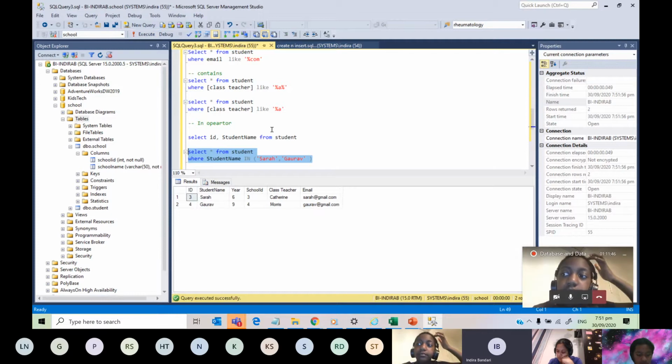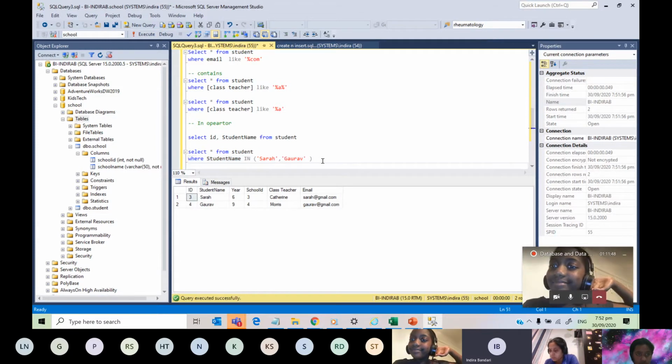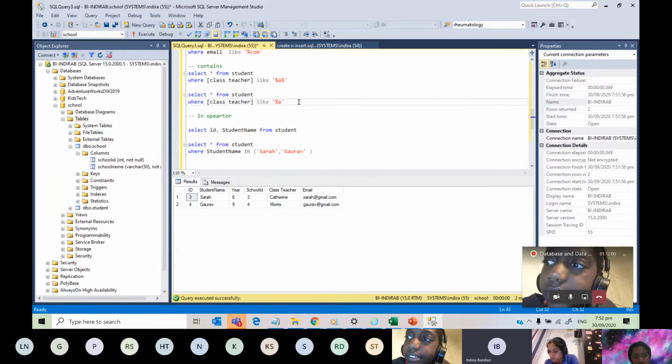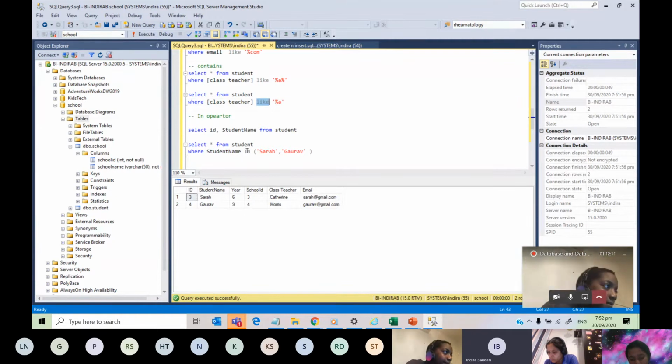Okay. So any questions? What is the difference between like and in operator? Do you know? See, like operator is when you don't know the value, you just know that it contains A, or it ends with A, or it begins with A. Yeah, like means you don't know the exact value.